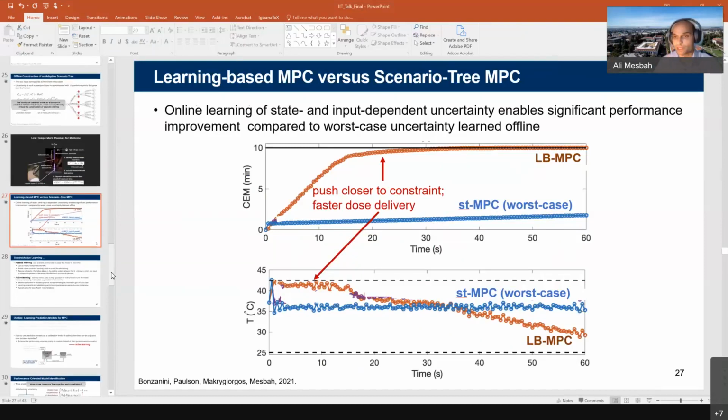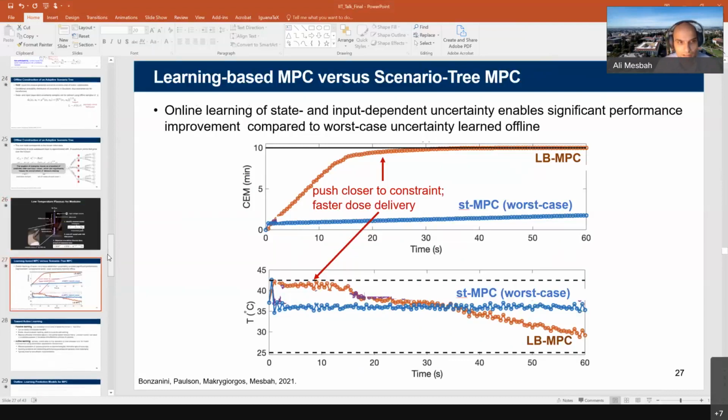So the idea of MPC obviously has been applied to high-dimensional problems. Nowadays, with the advances in computing power and optimization algorithms, there are MPC applications with really high-dimensional states, even on the order of 1,000 states. But as far as the learning is concerned, again, it depends on the methods.